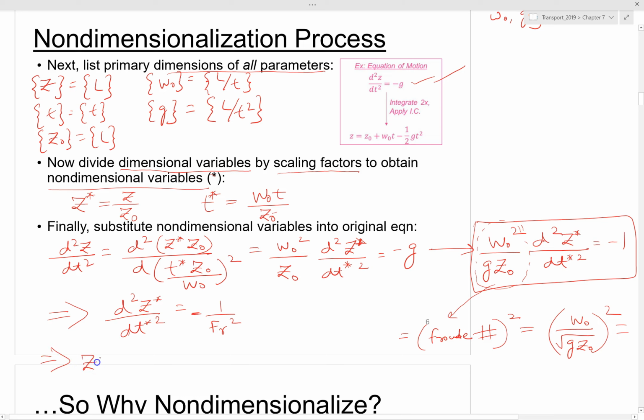When we integrate it, Z star one plus D star minus